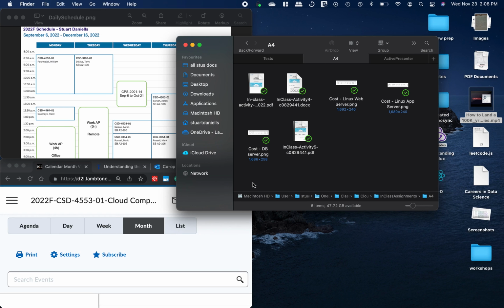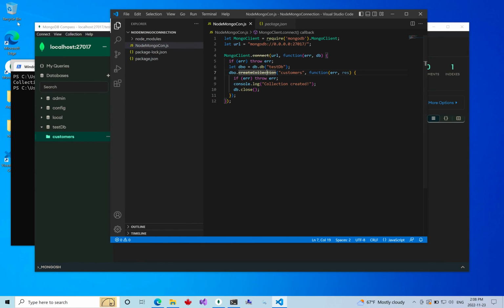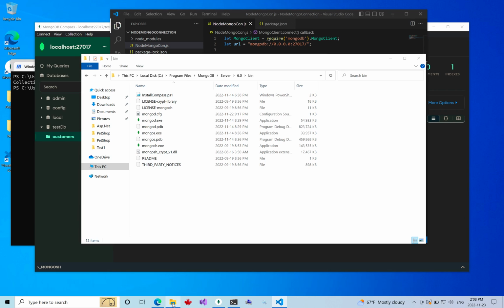Before that, though, I'm running it on a Mac, I've spun up a virtual machine and have got Windows installed in that, so I could simulate the exact error messages and steps that may occur on a Windows machine in class. So with that being said, the first step was ensuring that MongoSH was installed, because in the MongoDB Community